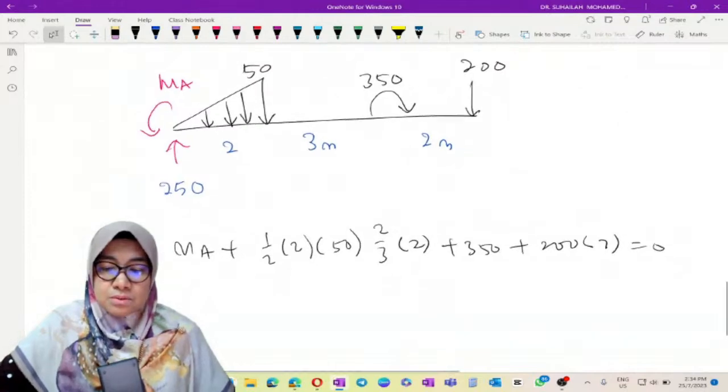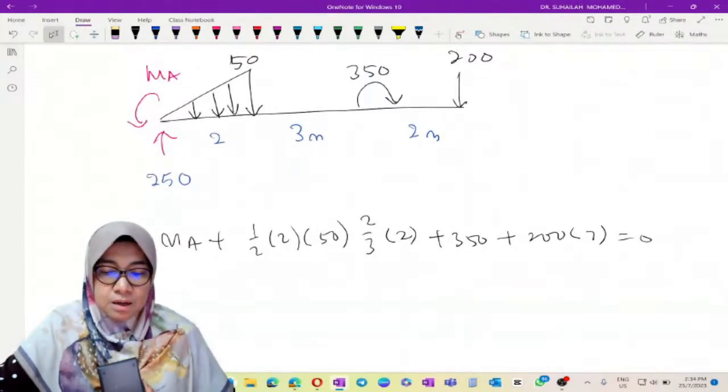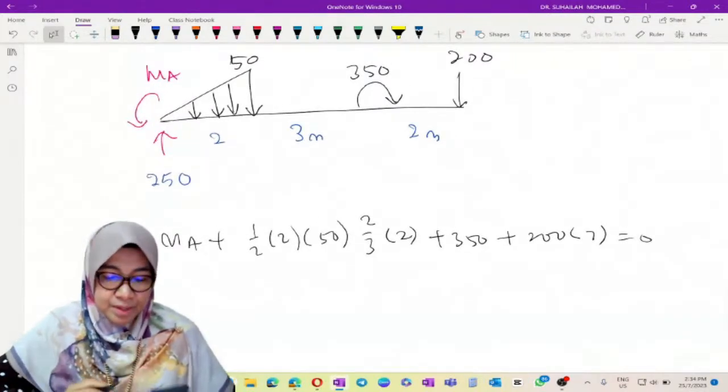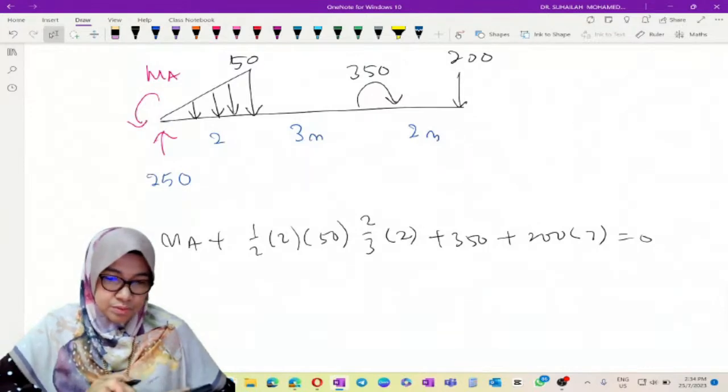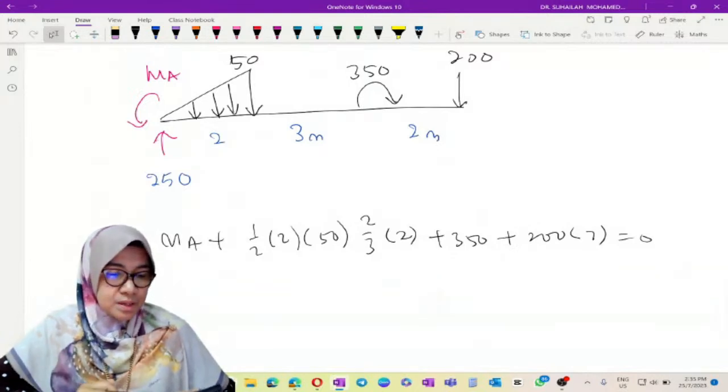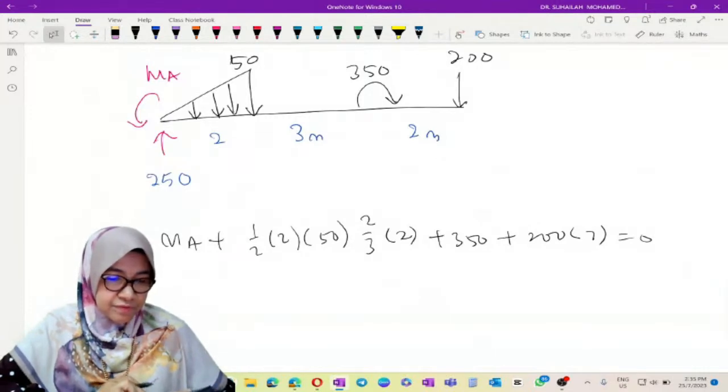So from this we will get 1 over 2 times 2 times 50 times 2 over 3 times 2, plus 350,